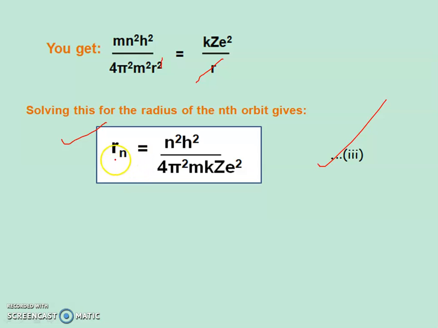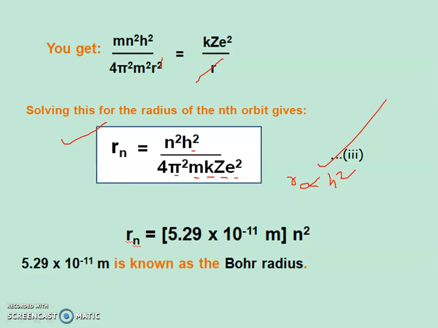Now you can see all factors are constant on the right hand side. h is constant, pi is constant, mass of electron is constant, 1 by 4 pi epsilon naught is constant, Z constant, e constant. It means r is directly proportional to n square. So as the principal quantum number increases, radius is also increasing. Right. So if we put the value n is equal to 1, we get the Bohr radius. Bohr radius means the radius of the first orbit, that is called Bohr radius.